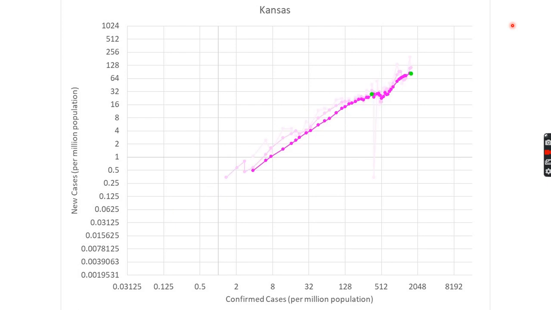We have North Dakota. We have Kansas, Iowa, and one thing to note about Iowa and finally Nebraska. Nebraska is the worst right now. Iowa and Nebraska are both suffering due to meat processing plants that have been the latest coronavirus hotspots. So you're seeing in these charts the issue with those particular hotspots. Very, very